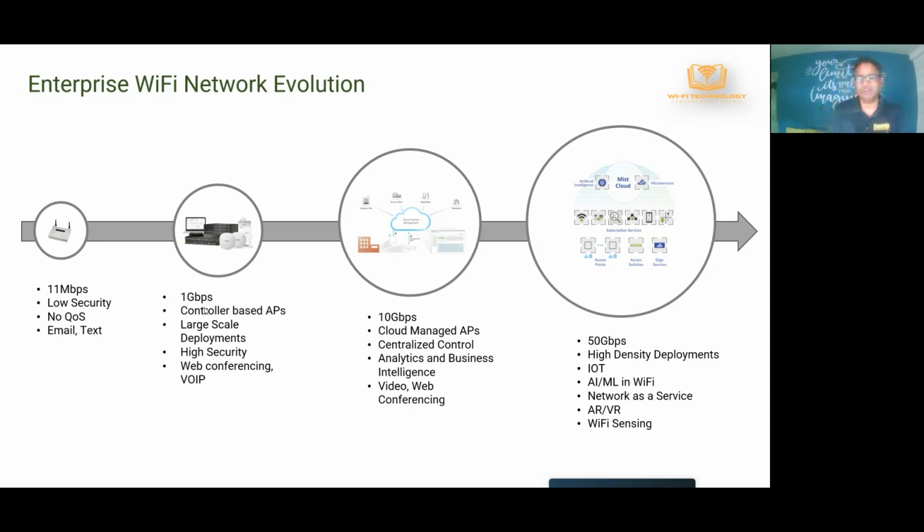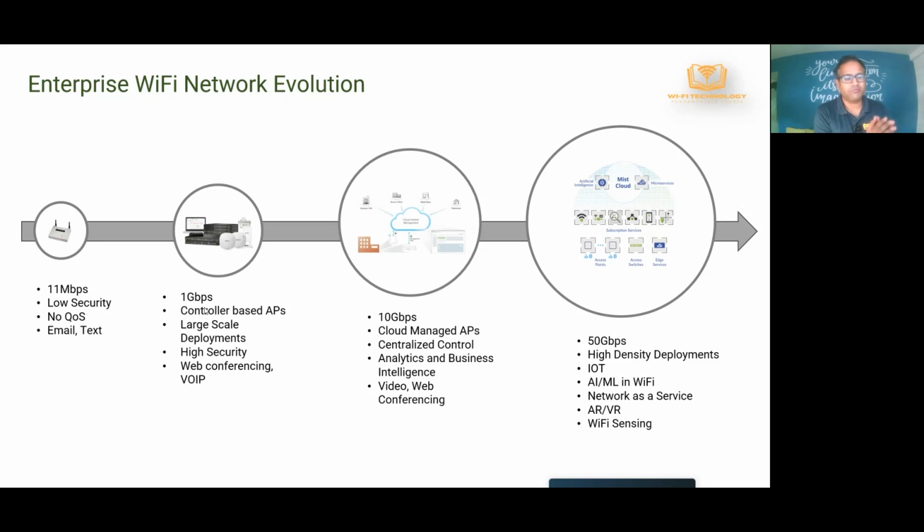And also this concept of network as a service started coming along, where up to this point, mostly enterprises would buy the Wi-Fi devices and networks, and they would install it, and someone, the local IT person, will manage it for them. But now there are many companies that are providing network as a service, where you don't have to pay for the hardware. They'll come and install the hardware, they'll manage everything for you, and then you go for a subscription service, right? So that is how enterprise Wi-Fi has evolved over, again, the last 15 years or so,